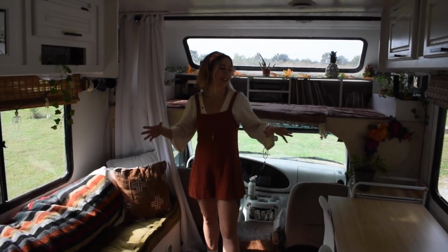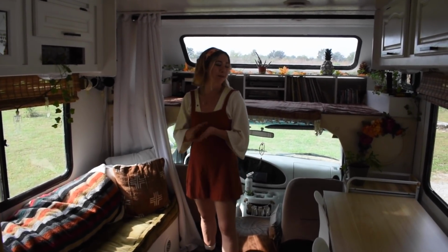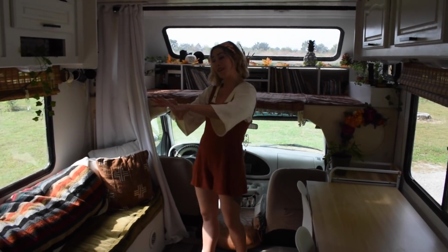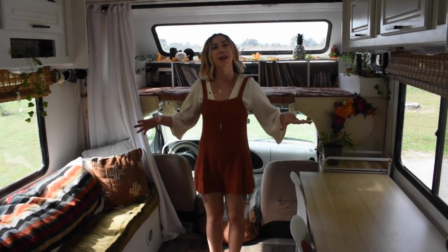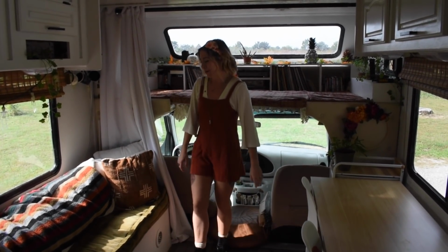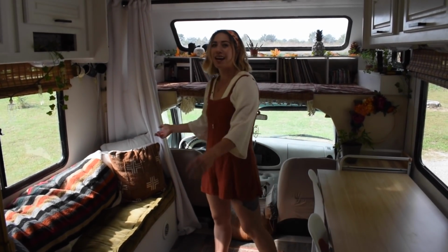So this is our main living room area. It's changed quite a bit from what it was originally when we bought it. This used to be a couch on this side, and then like the RV dinette on this side. This walkway was a lot more narrow, so we wanted to open it up and make it feel a little bit bigger in here. So we did that by building this custom couch over here,